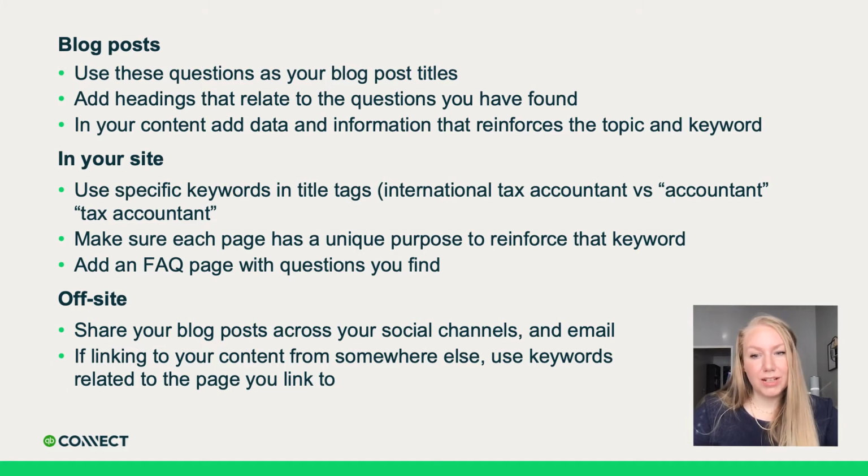Once you've identified potential content topics that address user needs and made a specific note of words and phrases they are using, you can then incorporate these into the content on your website. You can use these in blog posts, making sure to use them in areas like the title tag, headings, and throughout the content. You can use them in your site, also making sure to use those keywords in important areas like the title of the page, and making sure to use that again. 3 to 4 word phrase that's really specific. So always remember something like international tax accountant or women's red shoes versus something like shoes to get really specific.